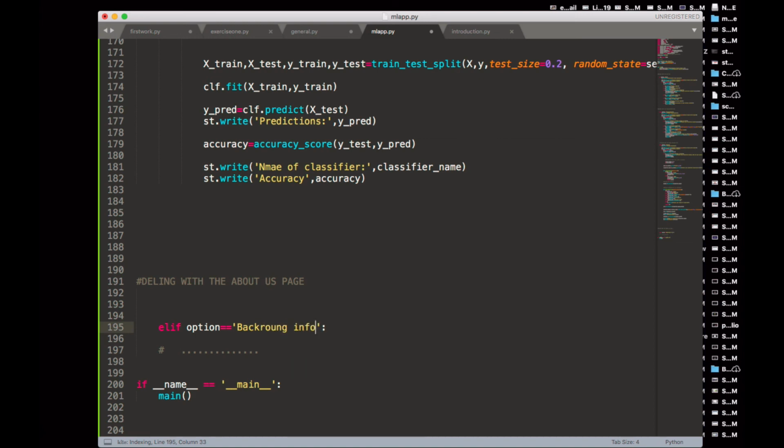Background information, right? You can just do that. It's solely up to you whatever you want to do. So maybe inside here, I just want to write something, maybe st dot, right? And then inside there I want to write something. So this is